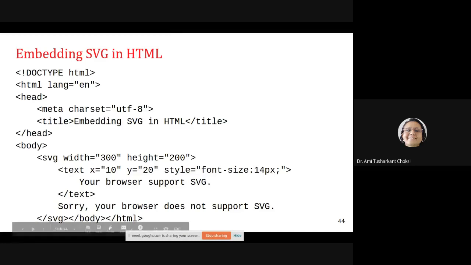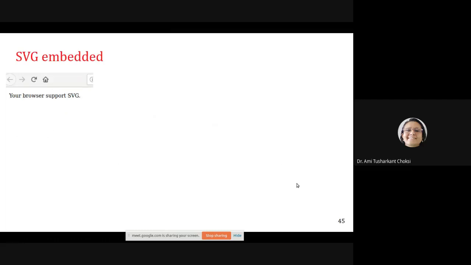But if you are having older systems, it is preferred that you update your browsers first and then try this code. So what output can we get? Your browser supports SVG. You may say, ma'am, show us how it works. Let me show you that.